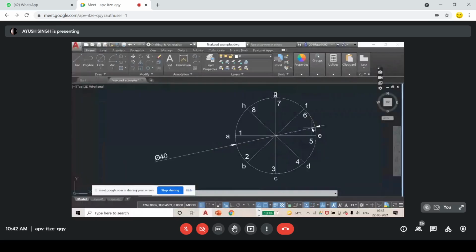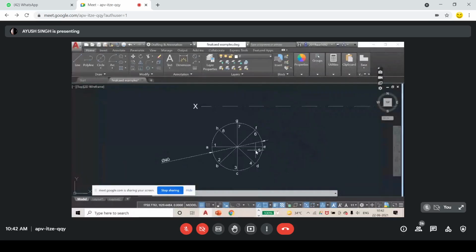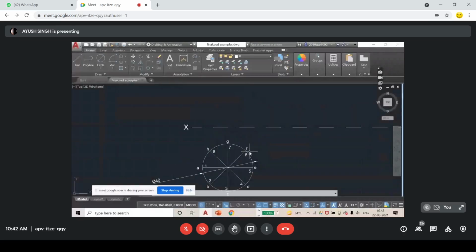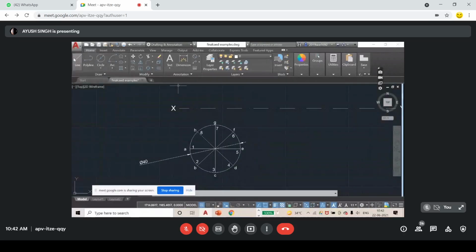So now I want its corresponding top view. Oh, I'm sorry. This is the top view only. I want its corresponding front view. Front view will be a rectangle. Okay, you know right why it is a rectangle, because the cylinder will be seen as a rectangle in the front view. The projection of a cylinder will be seen as a rectangle in the front view. So what you do is you just take projections from here because it is resting on base. So the front view will start from here only.